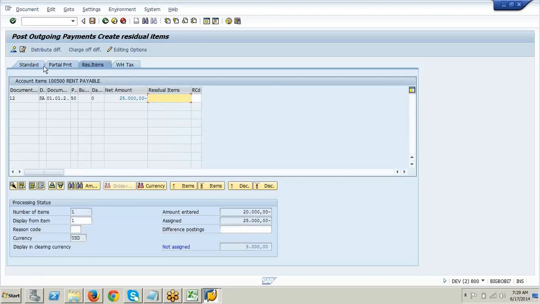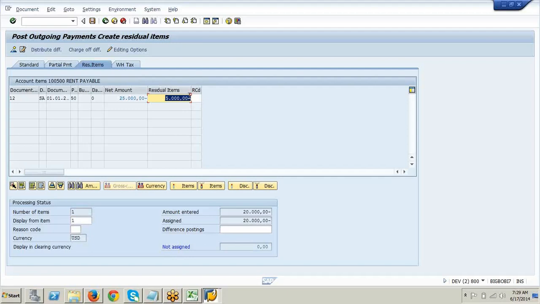So we looked into standard payment, we looked into partial payment, now I'm looking into residual payment. Residual payment is nothing but leftover, right? In case of partial, we were entering 10,000. So what is the amount I entered over here? 20. Assigned is how much? 25. Balance is how much? 5,000. So that residual is 5,000, I have to enter that 5,000 here, right? That residual is left over. Instead of entering manually, you just double click over here, and it will come automatically. See, it has come 5,000.